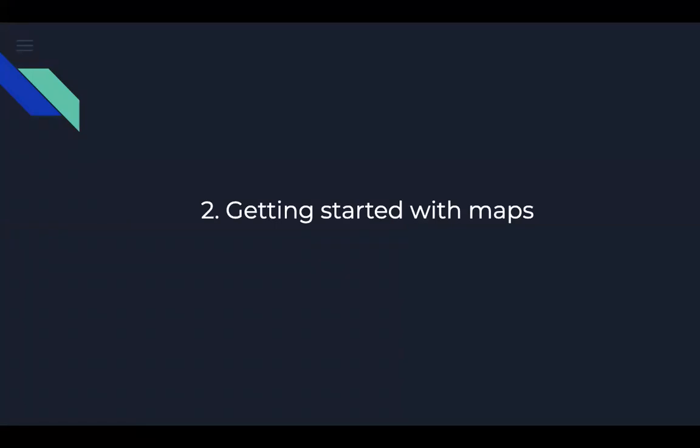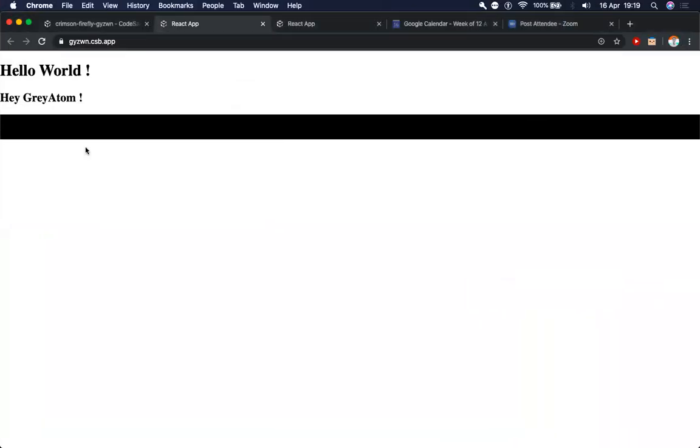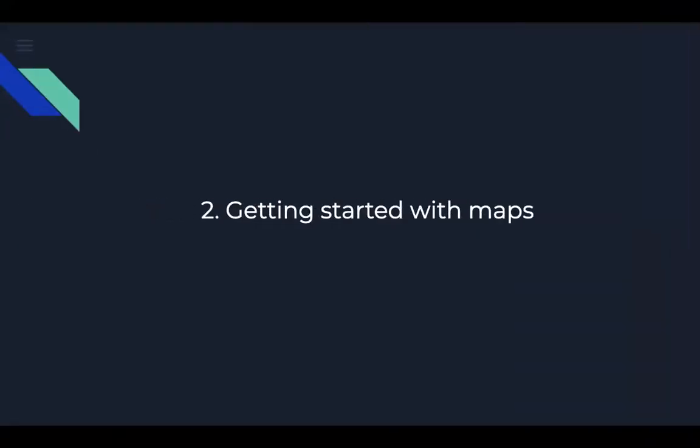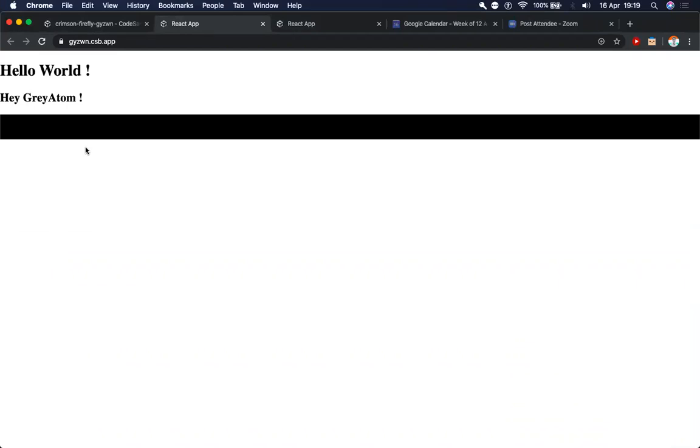So for the next part, we are going to get started with introducing maps into our application. So it might appear confusing that we just made a div element and then we're moving to maps. How is that possible? But we have some helpful libraries given to us by open source developers who have already done most of the work for us. We will just be adding those libraries in our code and using them directly.